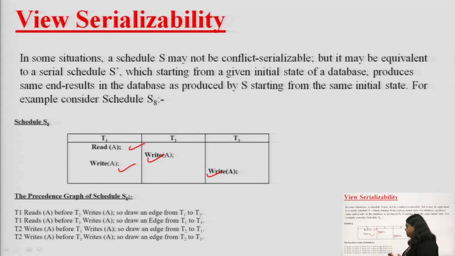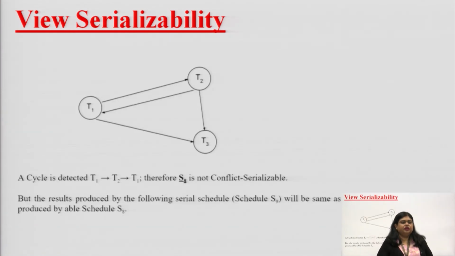This we have concluded from this particular schedule, and for this conclusion we have drawn the precedence graph. Because there is a cycle in this example, between T1, T2 and T1,